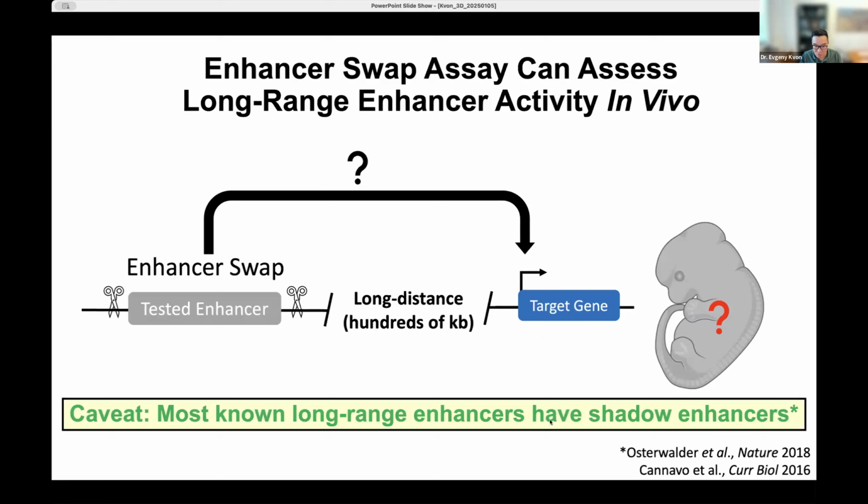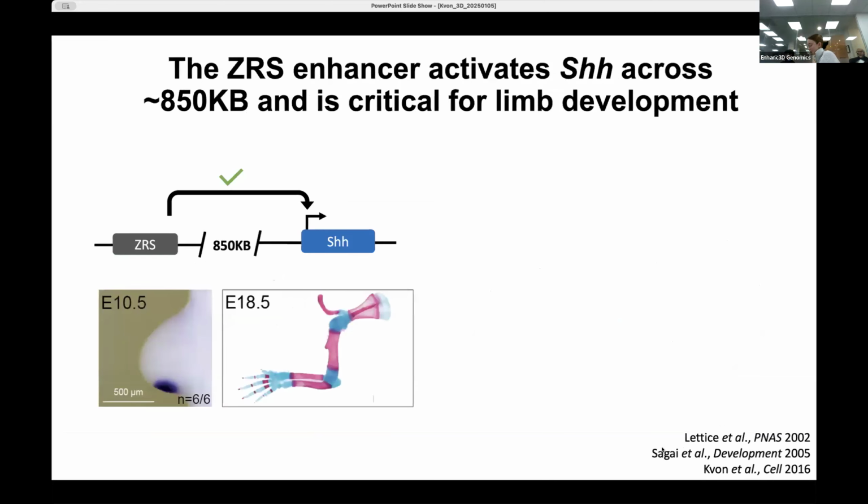The caveat here is that most long-range developmental enhancers have shadow enhancers, right? And the enhancer field, both in mammals and in invertebrates, learned painfully that if you delete the enhancer, very often nothing happens because there is another enhancer that is redundant, right? But there is one notable exception, which is the famous ZRS enhancer of Sonic Hedgehog, which activates its target gene over a distance of 850 kb,